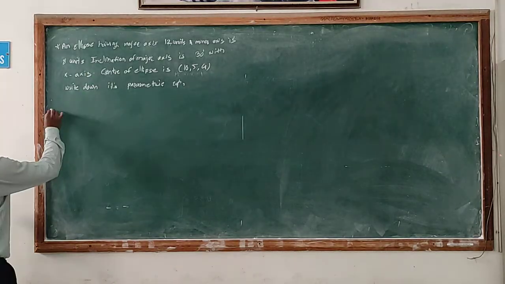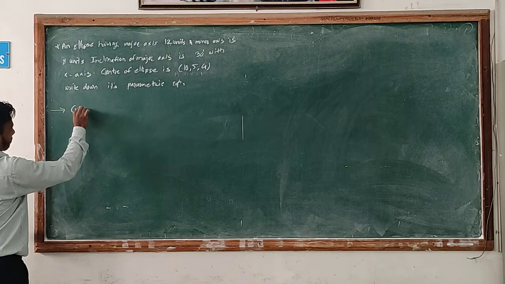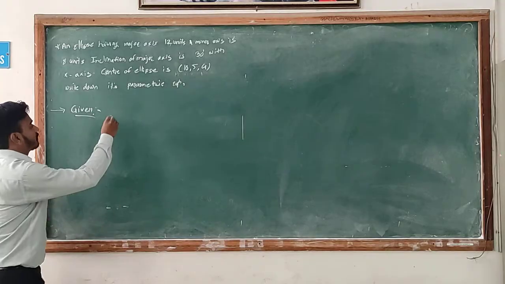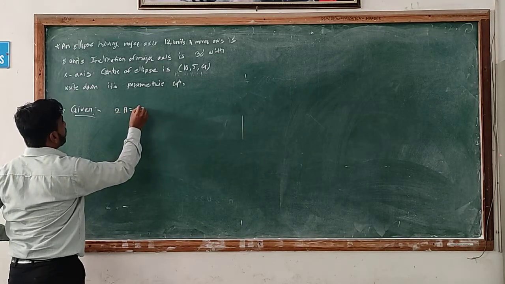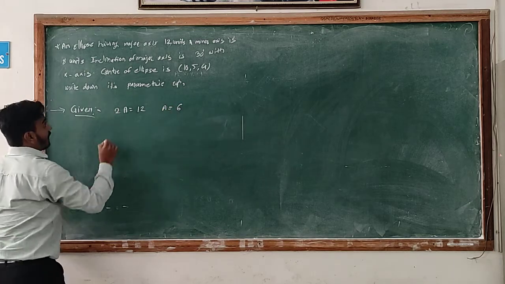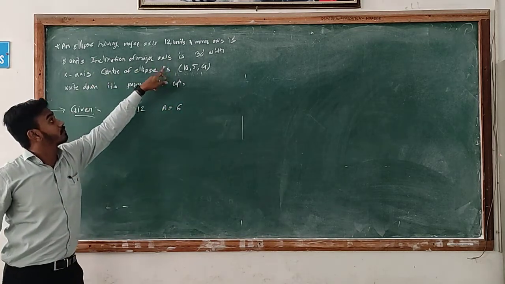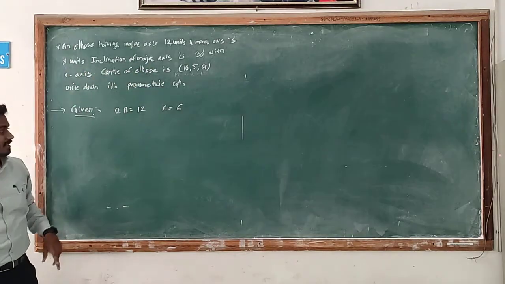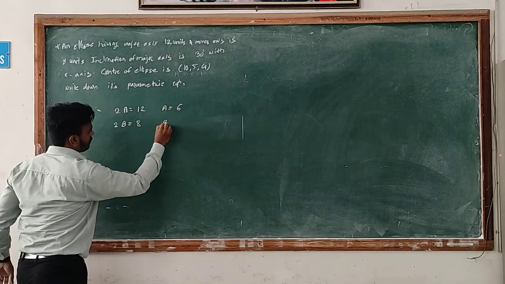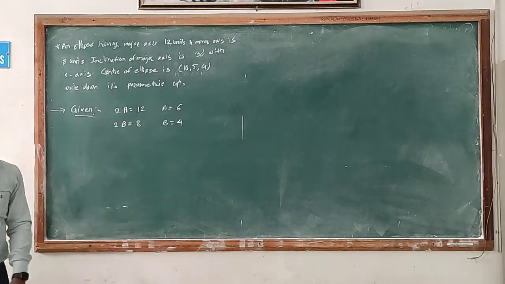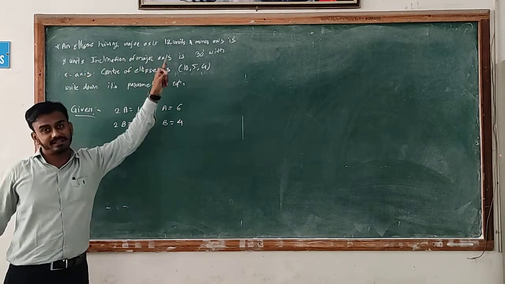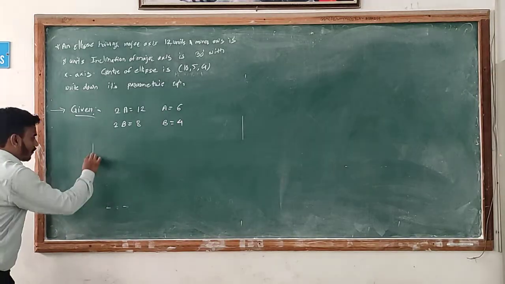So what is given here? They give the major axis. Major axis means 2a. The value of 2a is equal to 12 units, therefore a is equal to 6. The minor axis is 8 units. Minor axis means 2b, the value of 2b is 8 units, therefore b is equal to 4. And they give the inclination of the major axis, which means if we draw the diagram here,